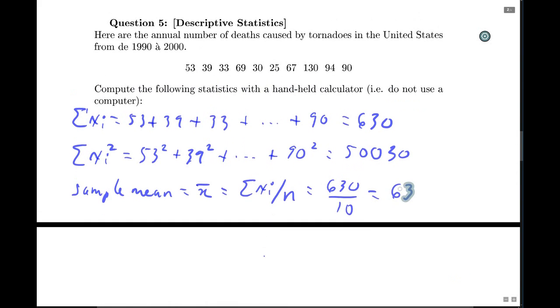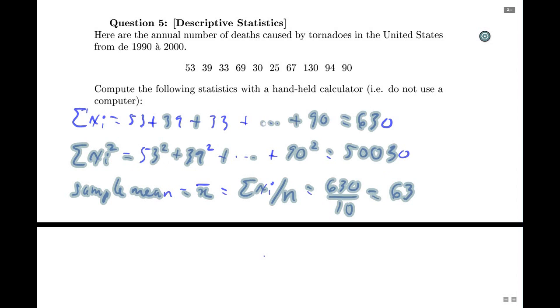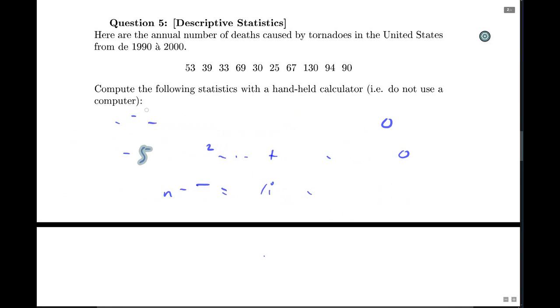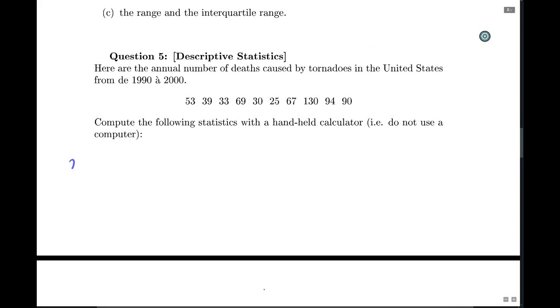Okay, and then what we'll do is simply keep our mean, which was 63, and then I'll show you an alternative way to compute the sample standard deviation, simply by using the definition. Okay, and so we'll recall that our mean was 63. So what we'll do is we'll create a little table where we'll have all of the